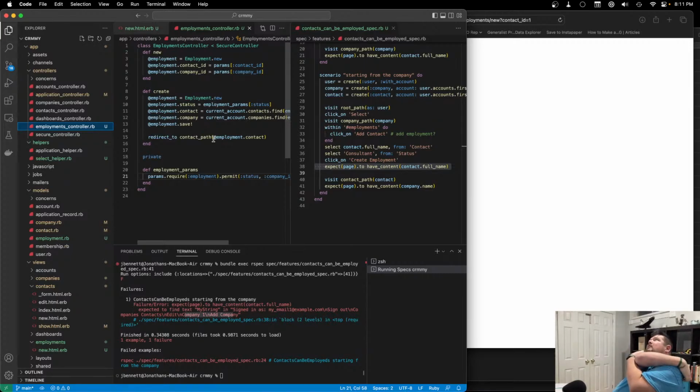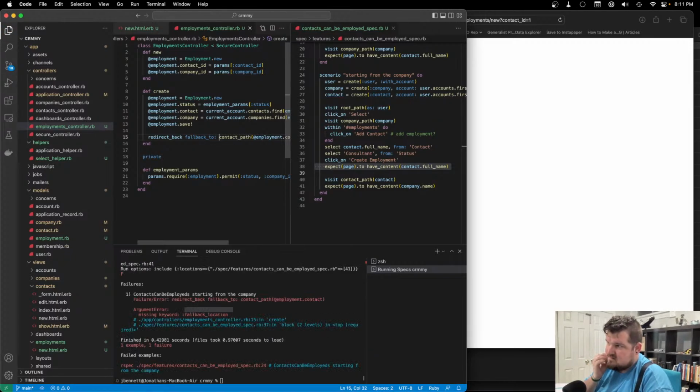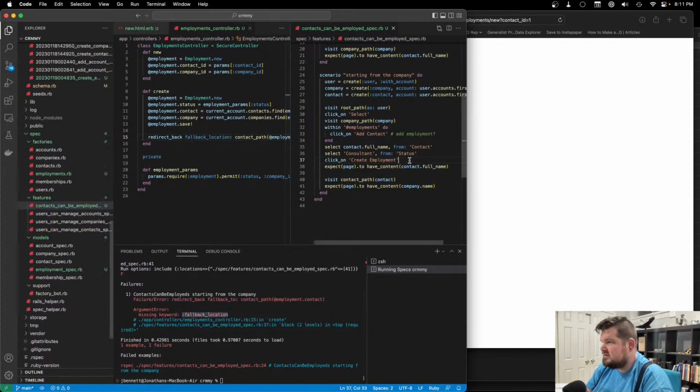I'm trying to think about what I want to do here. So here I actually don't want to redirect to the contact path. Here I want to redirect back. Fall back to, I think is what it is. Just to test this,